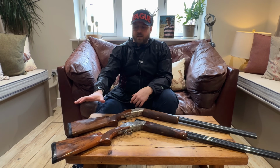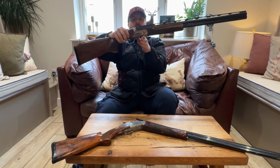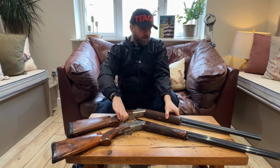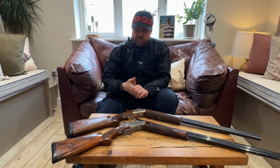I know we've spent a bit of time with this, obviously balancing it, to bring the balance as close to the joint pin as possible. I mean, we're not a million miles off there, but it is a little bit whippy on the front end because of the weight in the back. Obviously, it would be nice if I could bring that perfectly up into the middle,